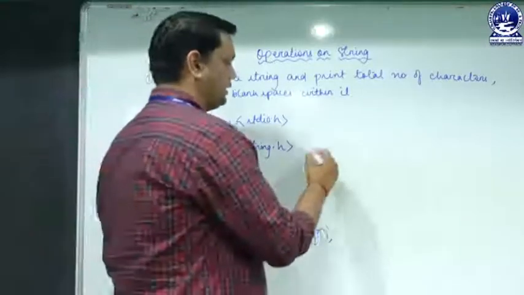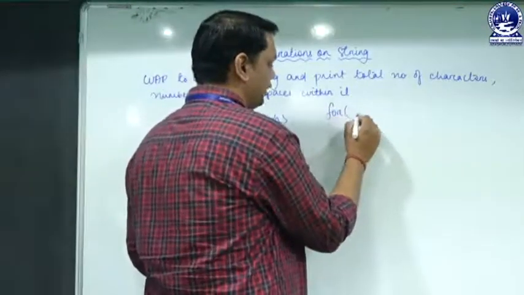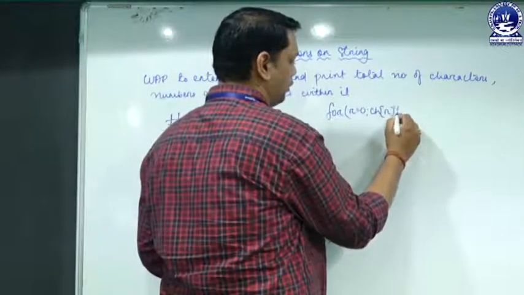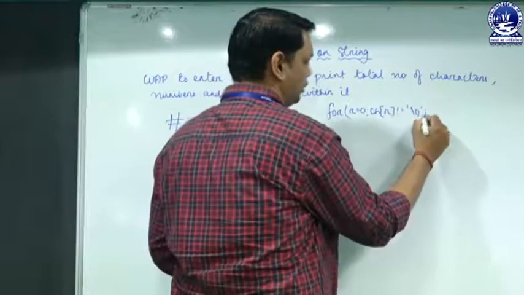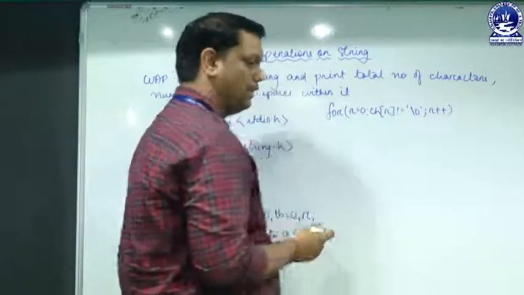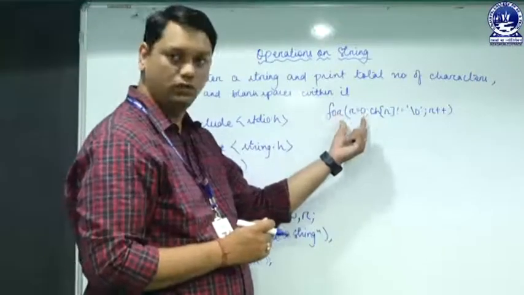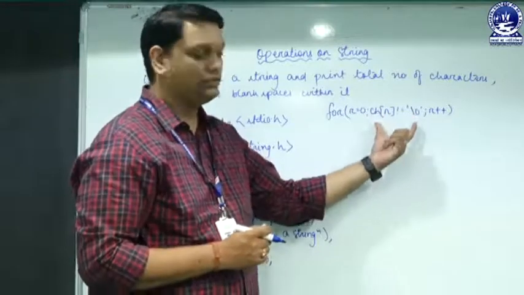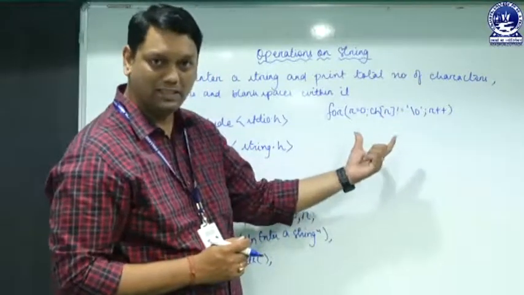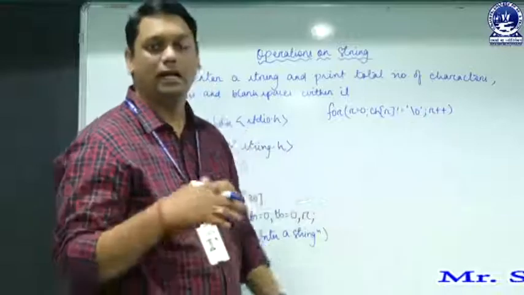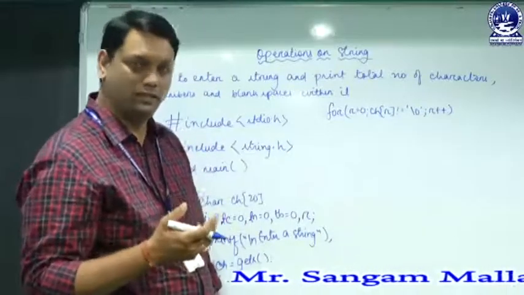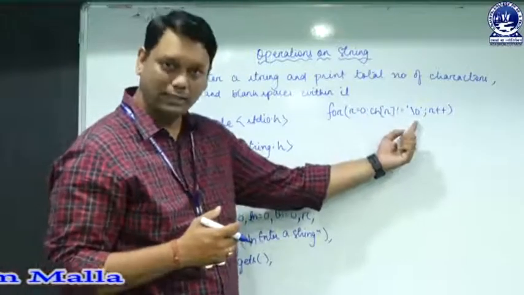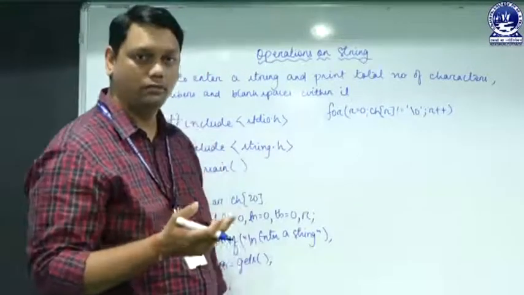In order to access that, we need a for loop. Let's say r equal to 0, ch of r not equal to \0, r plus plus. As we know, the index starts with 0 and it will keep moving unless it encounters a \0, and the r value will keep getting increased. So in this way the r value will start from 0, move up to \0, and r will be incremented one by one.